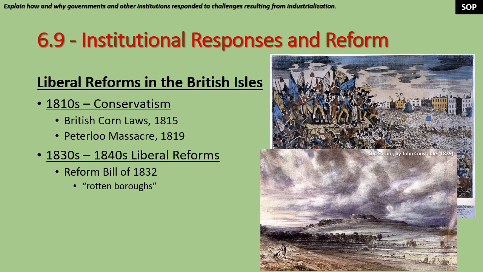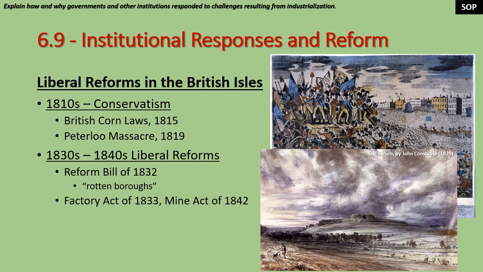Think about the rotten borough as being a congressional district or a parliamentary district where nobody lives, because there are a couple of members of parliament there, even though in the district that they represent, fewer than 10 people actually lived there. So what the Reform Bill of 1832 does is it shifts this around and eliminates some of these rotten boroughs, and it puts a little bit more emphasis on the urban populations having a voice in Parliament. And so when this happens, starting in the 1830s, you see a little bit more attention from Parliament trying to address the urban concerns, which are the concerns of the working class,